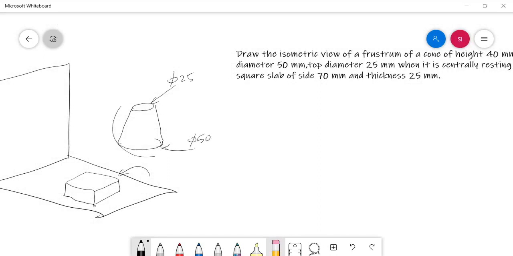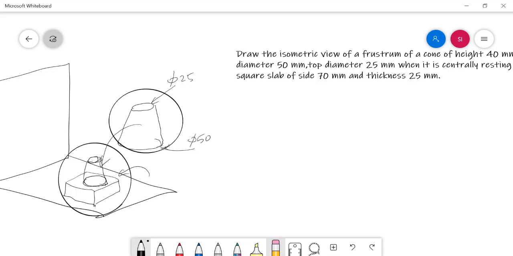This frustum is going to be placed centrally over the square slab in this way. So this is the solid combination we are going to draw now.